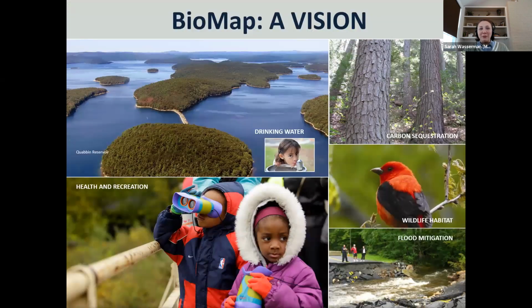BioMap envisions a future in which the people of the Commonwealth invest in the strategic protection and stewardship of the lands and waters that are most important for conserving biodiversity. In this future, these vital natural systems continue to protect us against the damaging effects of climate change. They continue to provide clean air, clean water, employment opportunities, and beautiful spaces for recreation. They continue to ensure that all Massachusetts residents have access to nature and enjoy the benefits of our rich natural heritage. With BioMap, we can protect our extraordinary biodiversity and vibrant quality of life now and for future generations.